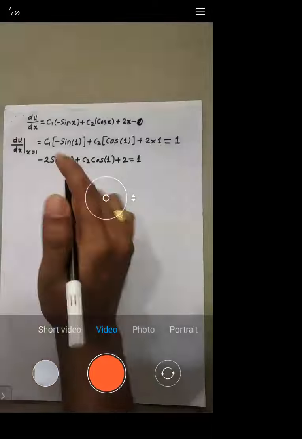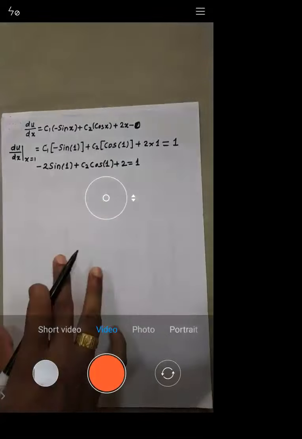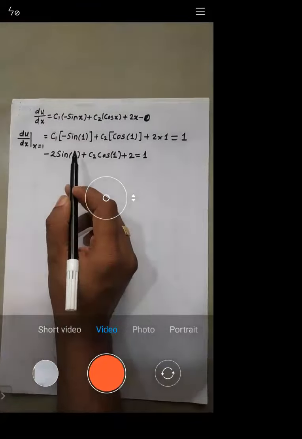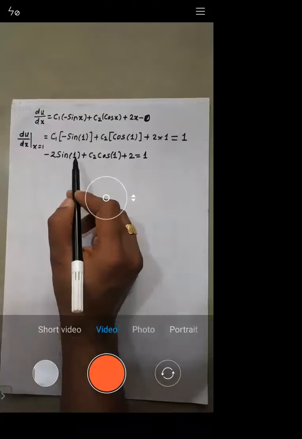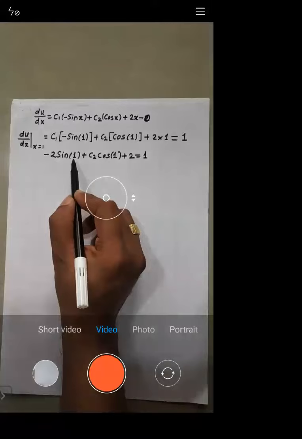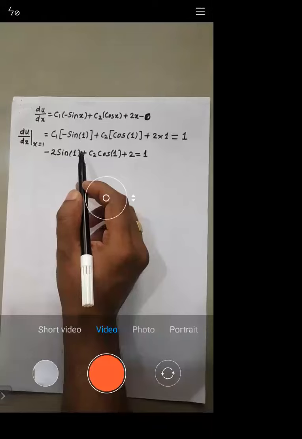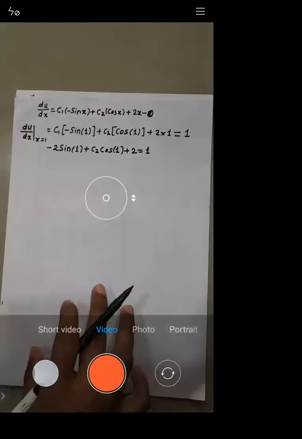Listen, all of you, listen. If you see this value of 1, we take the sine of the angle. This is very important. If your calculator is in radian mode, there will not be any problem. You can directly put sin 1, cos 1. But if your calculator is in degree mode, then you are supposed to bring that into radian mode. Is it okay with this one?